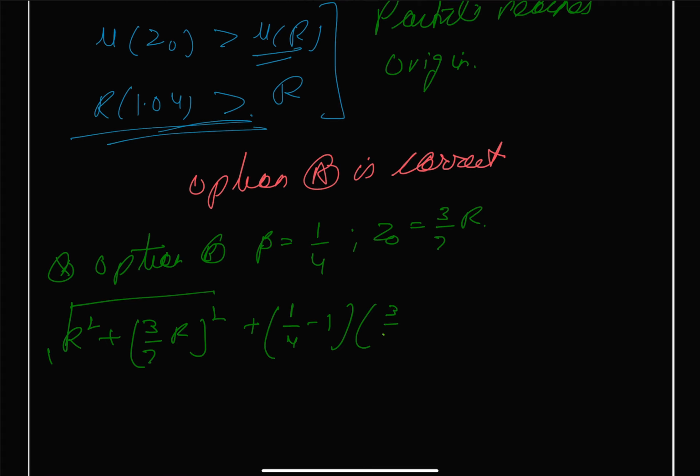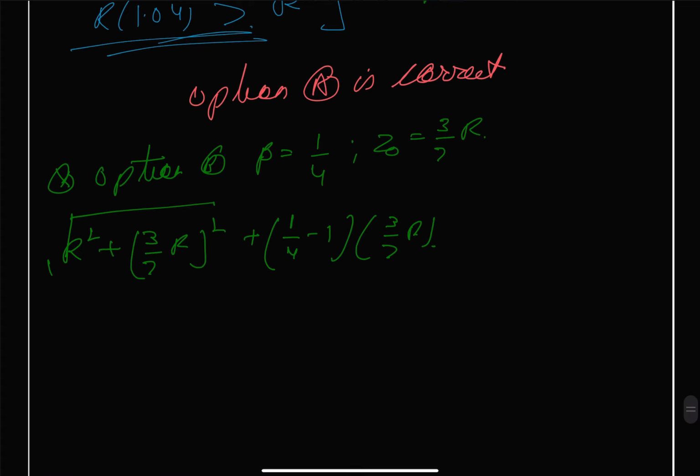Once again we can take r as common. This comes as r, and we are left with the square root of 1 plus 9 upon 49, and this comes minus 3 by 4 times 3 by 7, which is 9 upon 28,